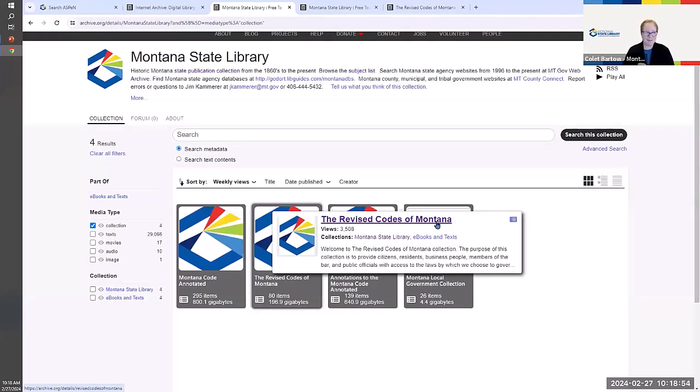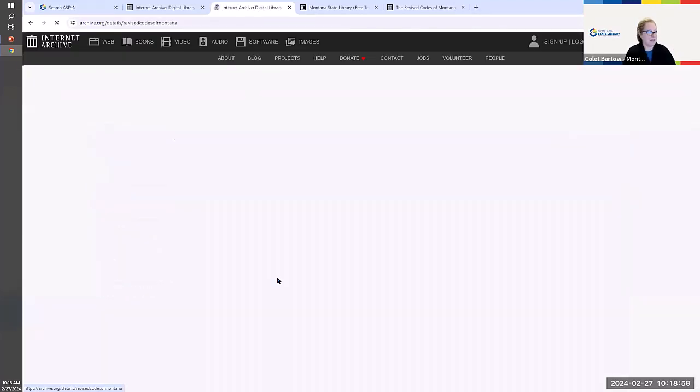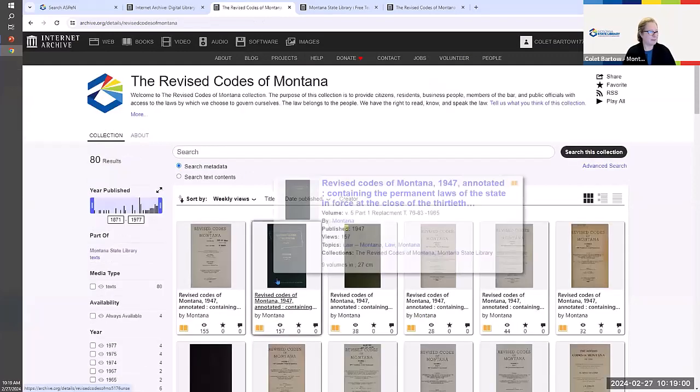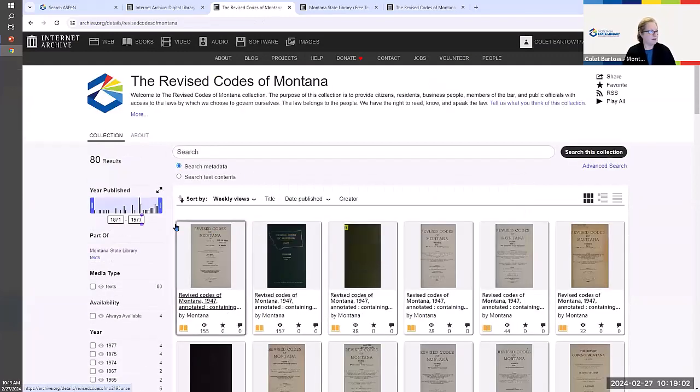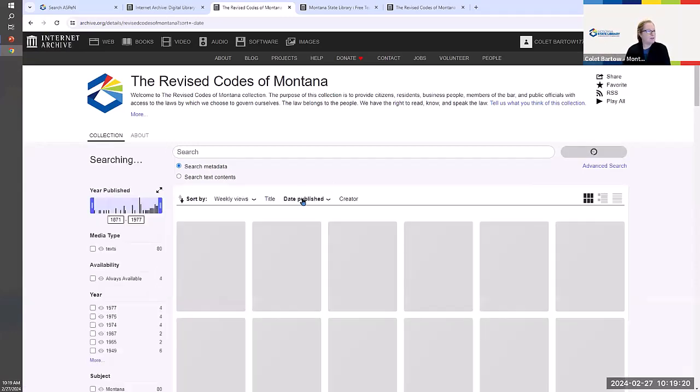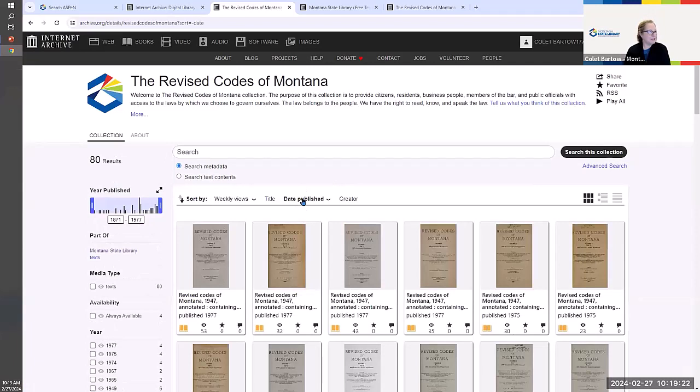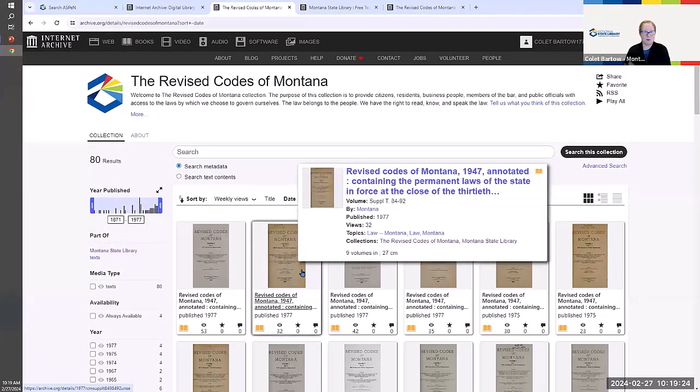So the RCM are the places that I know go farther back in time. And if I click on that collection, I'm going to see that the items range from being published in 1871 through up to 1977, when that transition from the RCM to the MCA, the Montana Code Annotated, happened. I definitely want to organize things by the date published, just so I might get some of the older stuff rising to the top,